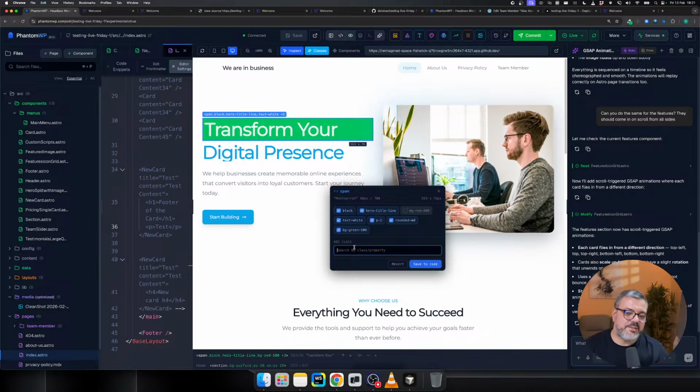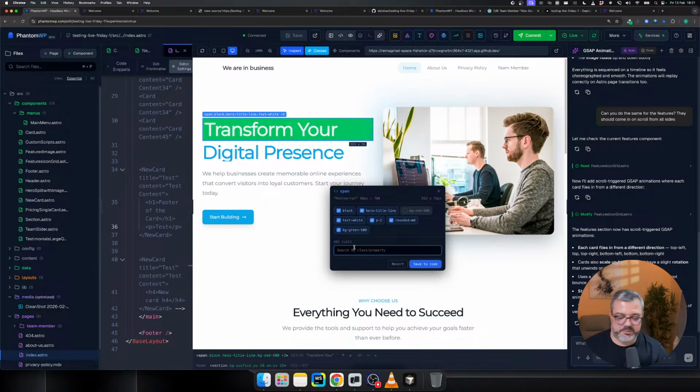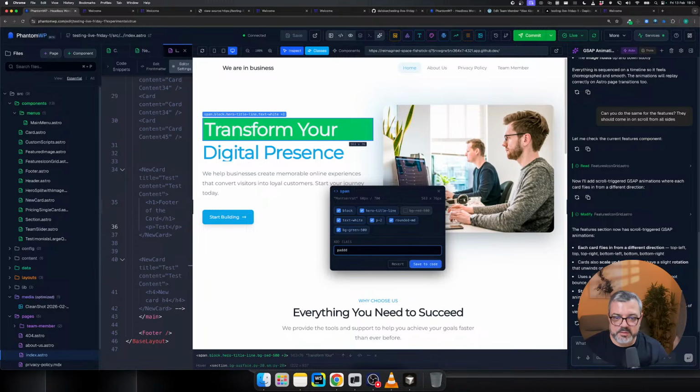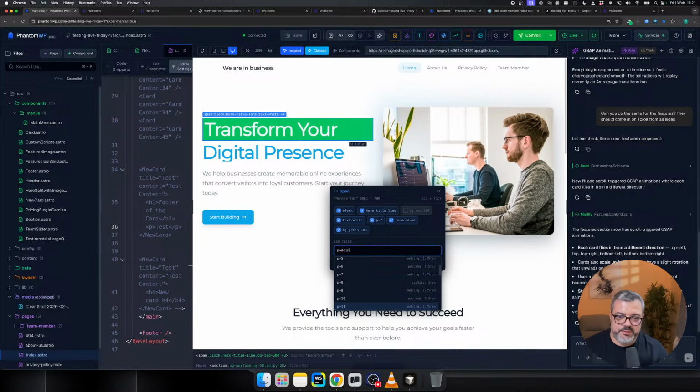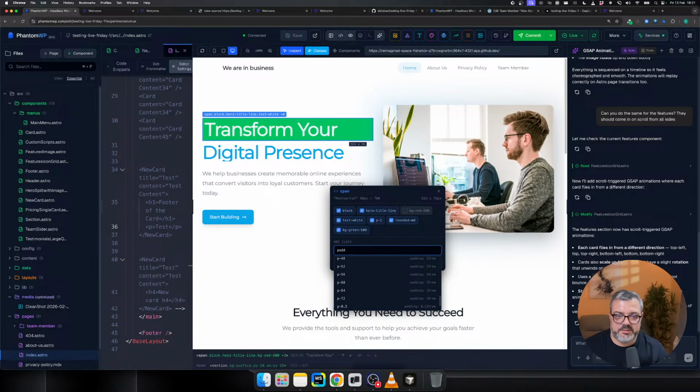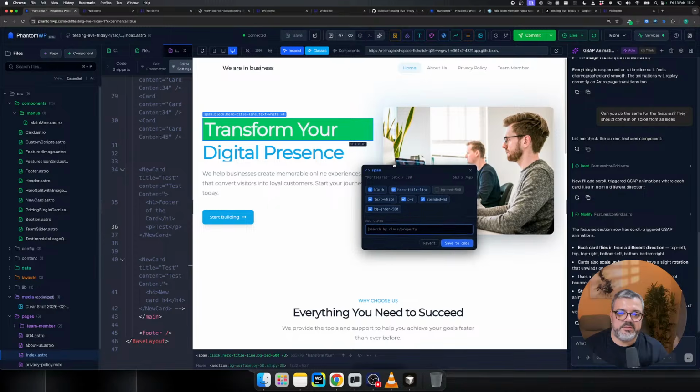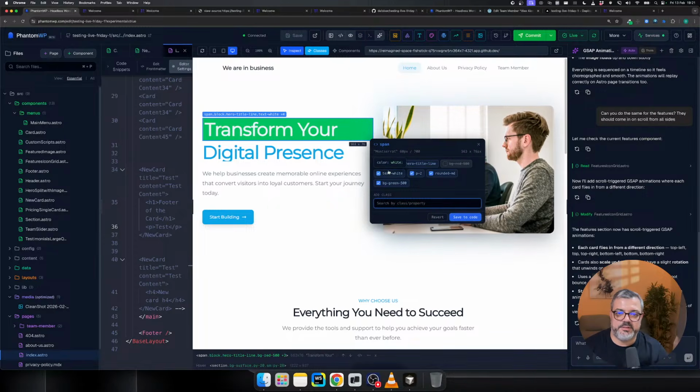So a lot of people told me they're not comfortable with Tailwind, and that's why I built this. And the cool thing is you can search by the CSS property. So you can search for padding, and we will see all the padding variables. And if you hover over this, you will see the CSS that is generated. And what I wanted to say, if we talk about Tailwind, is because look, here,